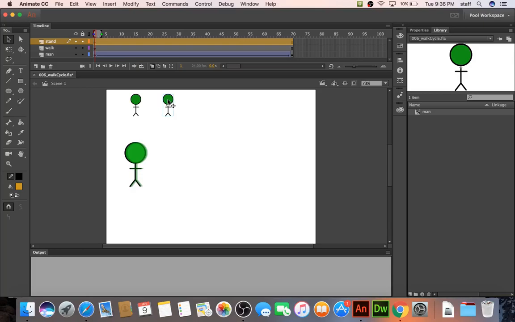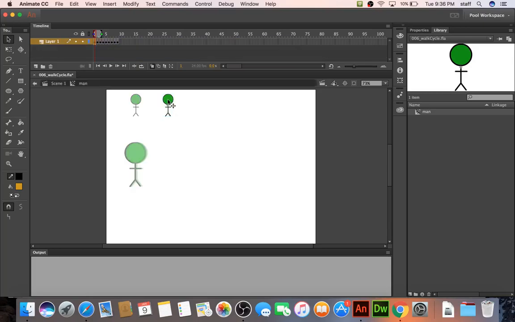So what I want to do is go inside here and get rid of these frames so that he's not walking. But right now, if I do it to this guy, I'll do it to all of them. For example, if I change the color of his head,